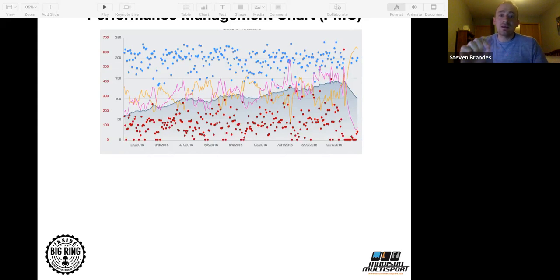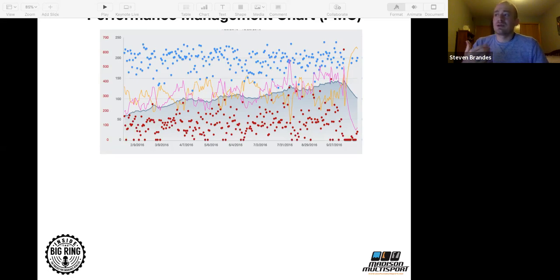Because you can see, the pink is the CTL, okay? Your pink is your CTL. No, I'm sorry, your pink is the acute training load. Either way, you can see the blue mountain in the background, okay? That is basically the underlying fitness of the athlete from January 1 to basically race day. You can see how it goes up in little mountaintops. The pinkish are basically the acute hits of training. That's your everyday training. So if you're training 1 hour here, 1 hour there, and all of a sudden you do a 6-hour day, you can see how some of the pink just spikes really hard. And those are big sessions.